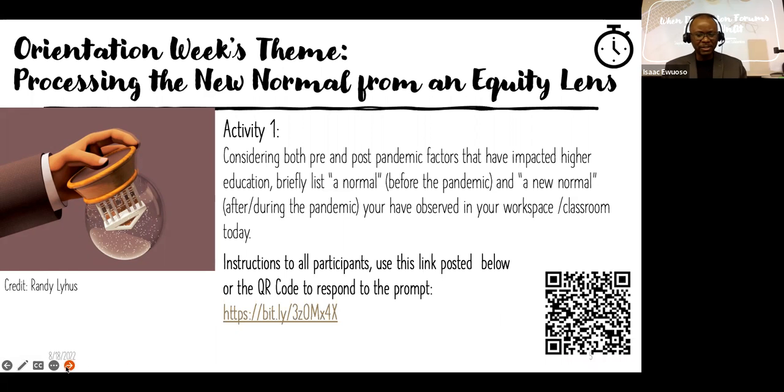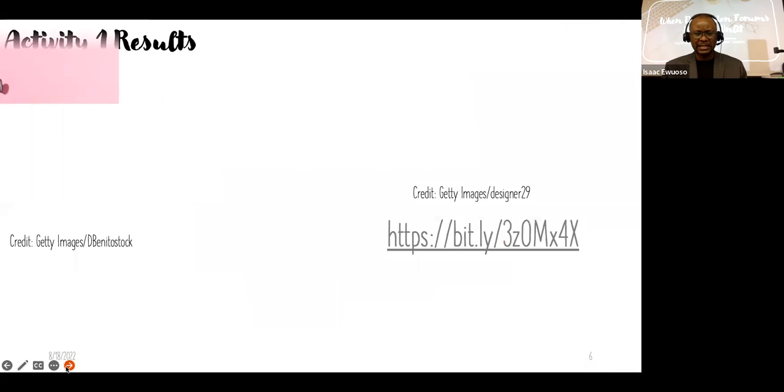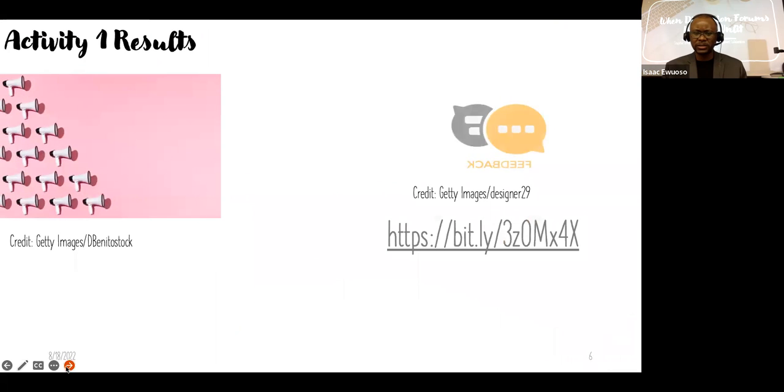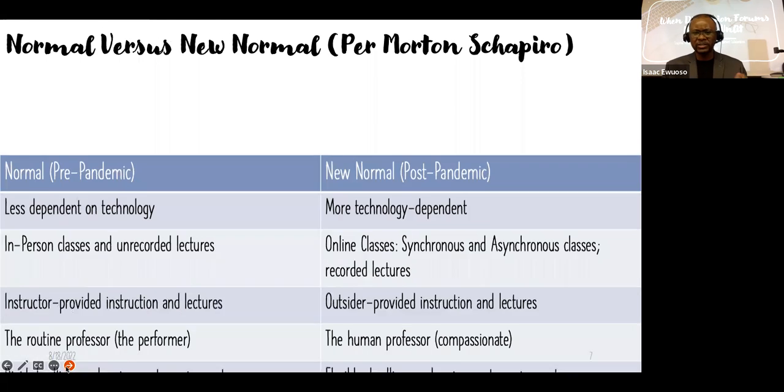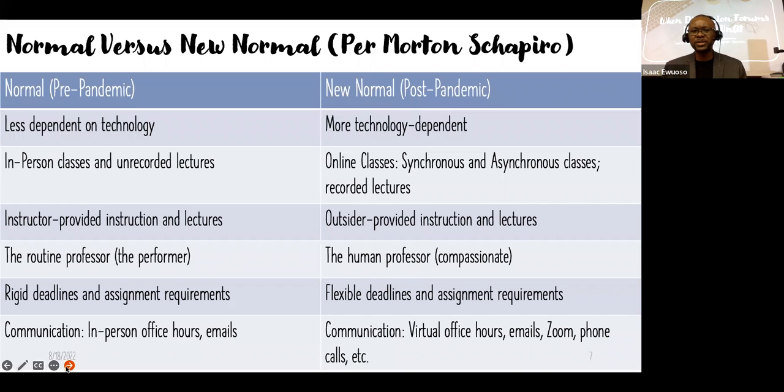Let me share with you, again, we can skip the QR link here, because I'm not able to access it at the moment. But I do want to share something I'd gotten from Morton Shapiro's article. This is my attempt to extract basic information. Some of the conclusions of Morton Shapiro are based on a generalization. I don't think there's a universal agreement on the way classes ran during the pandemic and after the pandemic or before the pandemic. But here's what I was able to extract from the article.